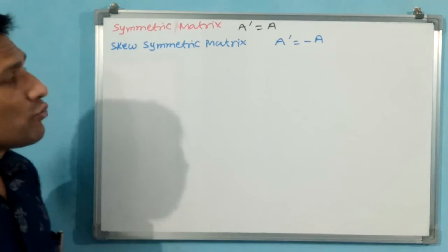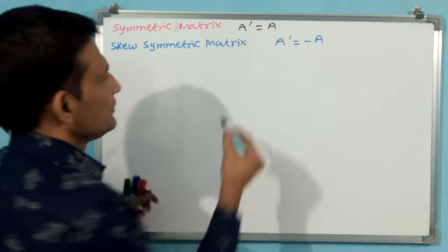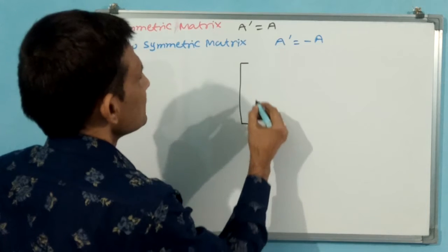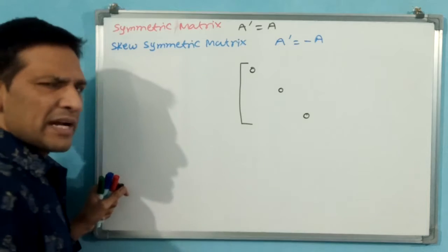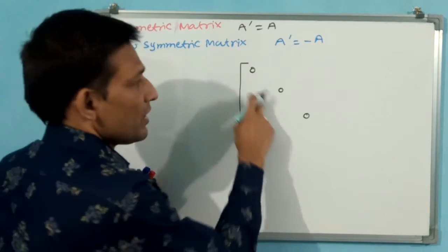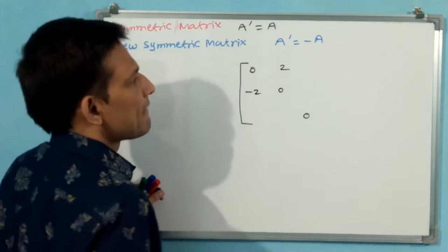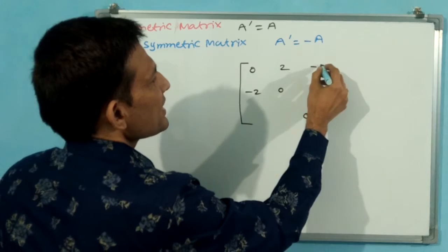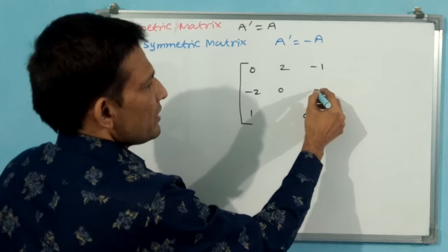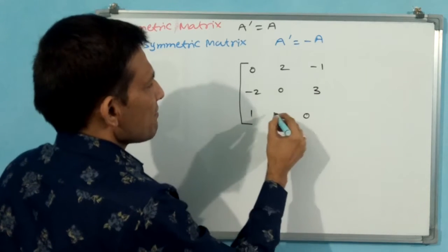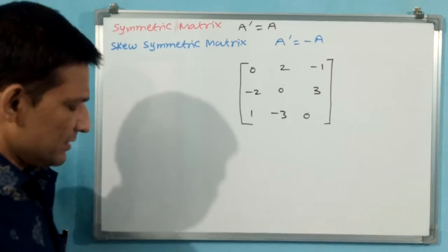Okay. You see how this skew symmetric will be there. I am giving an example. In skew symmetric, all diagonals will be 0. See here, 0, 0, 0. 3 by 3 we will understand, then the remaining all can be easily understood. Okay? 0. But here if it comes 2, here minus 2 is going to come. Here if it comes minus 1, here 1 is going to come. Opposite sign. Okay? Here if it is coming 3, minus 3 is going to come. Okay? This will be a skew symmetric matrix.